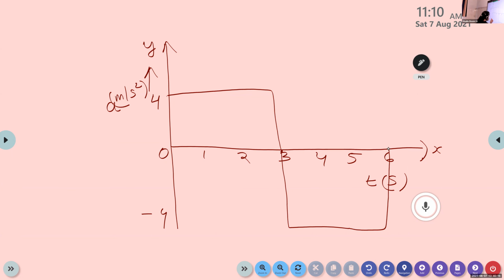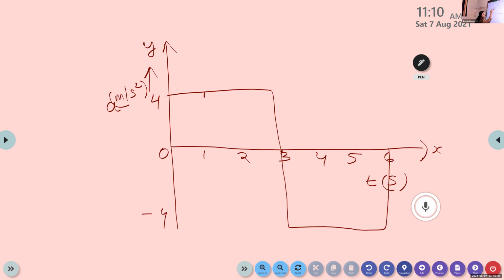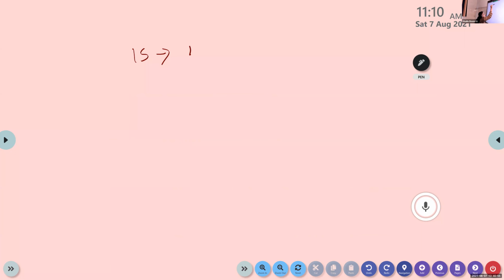Here we are calculating the velocity corresponding to each second. Yesterday we already found the velocity corresponding to the first 3 seconds. We know that velocity can be obtained from the area under the acceleration time graph. The velocity corresponding to 1 second is given by this shaded portion. Area is length into breadth. Here it is 4 minus 0 equal to 4, and the difference in time is 1 minus 0, that is 1. So the velocity corresponding to 1 second is 4 into 1, that is equal to 4 meter per second.